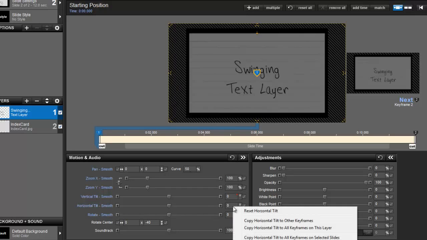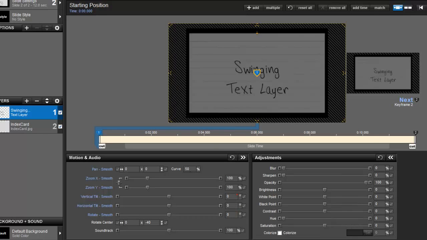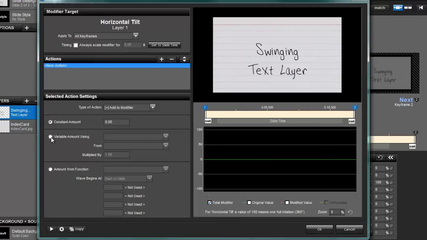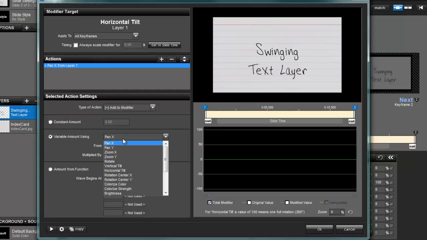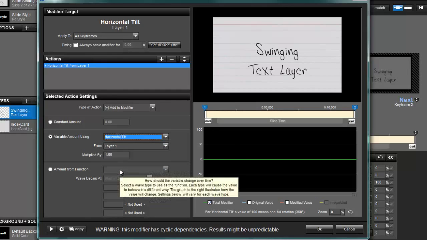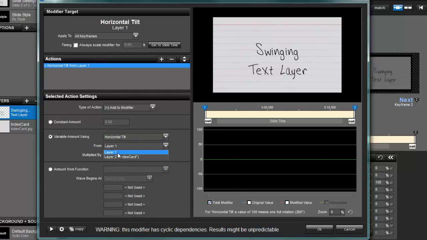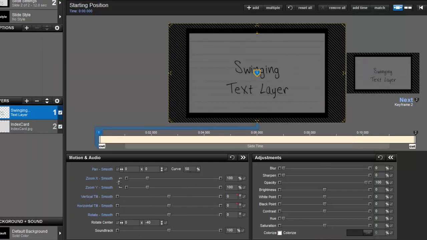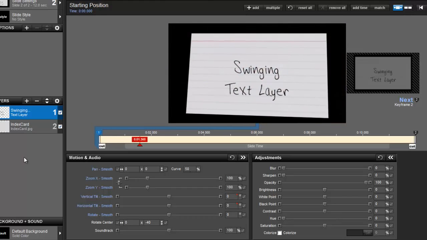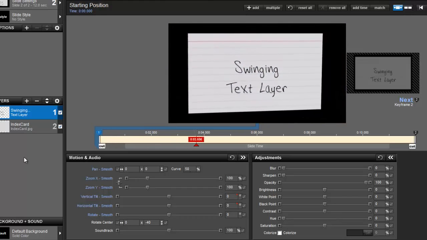Right-click on the number box for horizontal tilt, choose Add Modifier. Click the radio button next to variable amount using. This is horizontal tilt, so click on Pan X and choose horizontal tilt. And again, we're doing this from the index card layer. And hit OK. And now when you hit play, your swinging text layer is going to be perfectly matched to